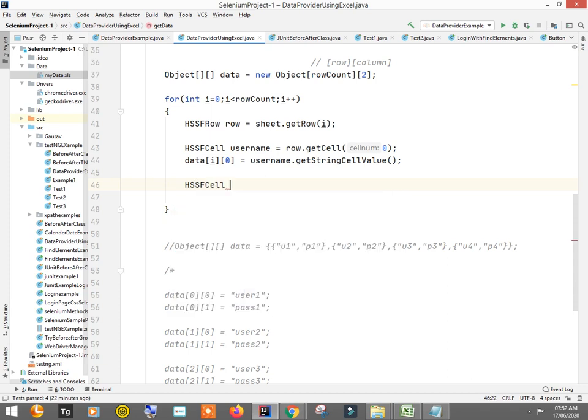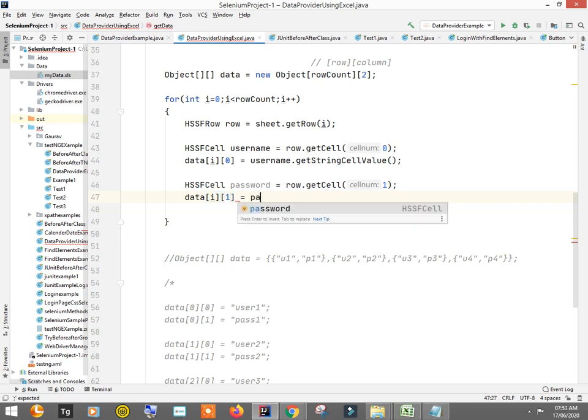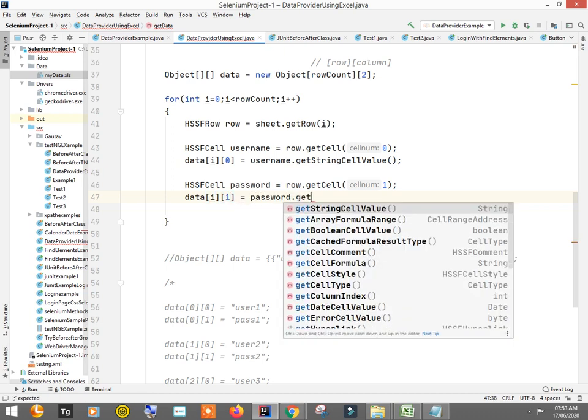HSSFCell password is equal to row dot getCell. Now what is the index? It is 1. And then again data of i, where this is the row value and this is the column, 1, is equal to password dot getStringCellValue.